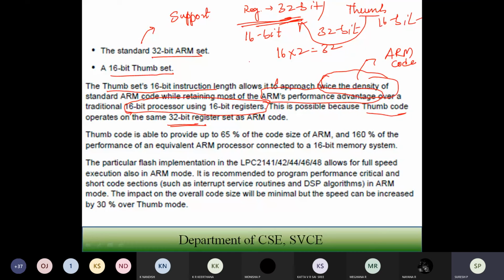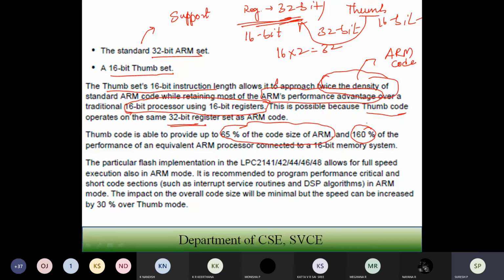So now the Thumb code is able to provide you 65% of the code size of the ARM, and almost 160% of the performance of the equivalent ARM processor when it is connected to a 16-bit memory system. So when you are running with Thumb code, it reduces the code size by 65%, and obviously the performance is increased by 160%.